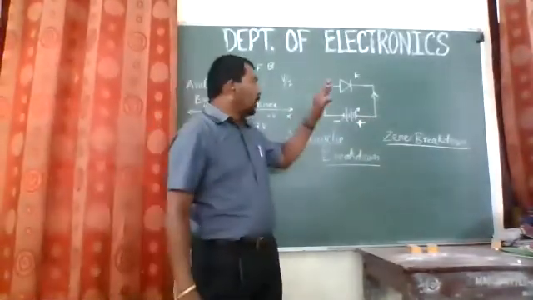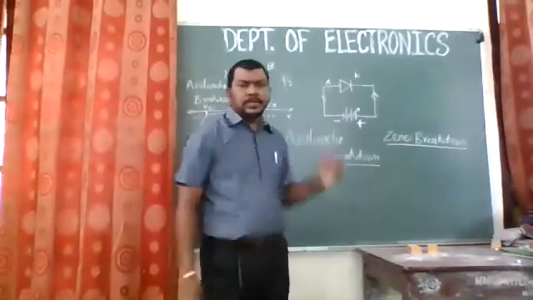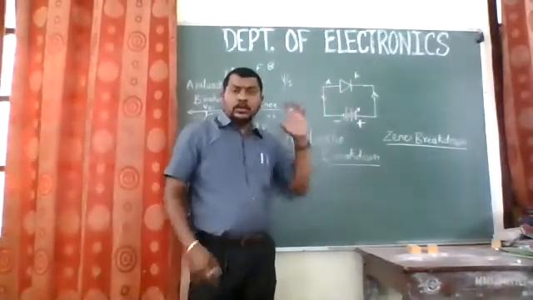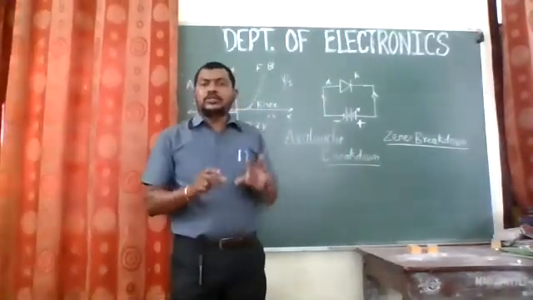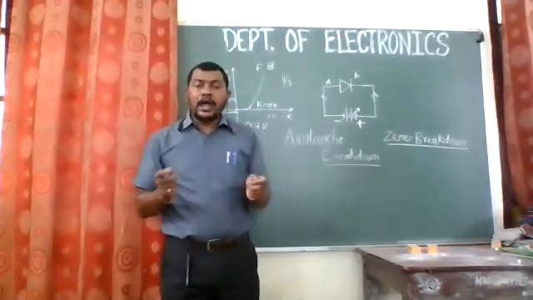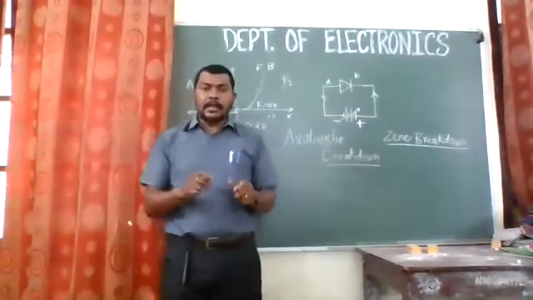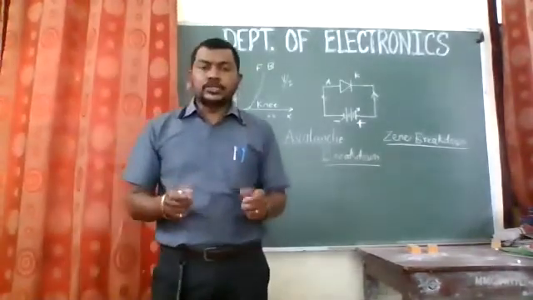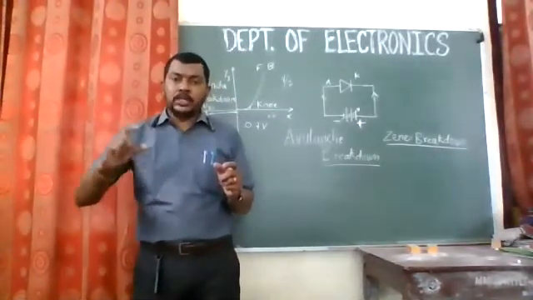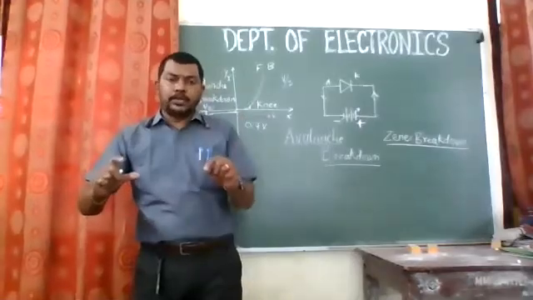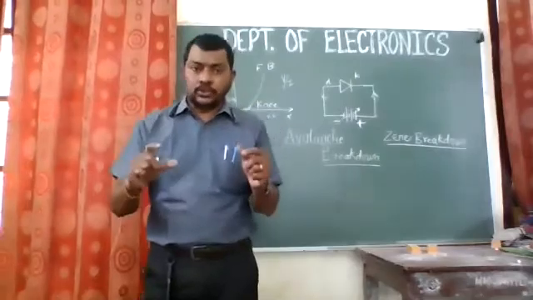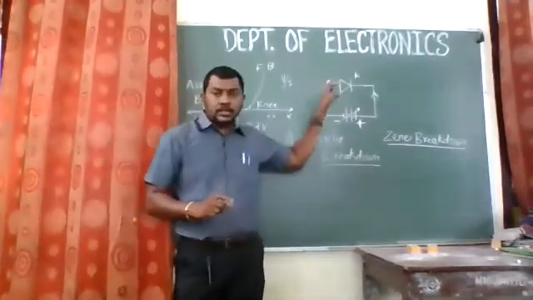Now, the basic difference between a simple PN junction diode and a Zener diode: in a simple PN junction diode, the ratio of doping is 1:10. Oh, sorry, 1:100. I have told you. We have to add the impurity in a p-type or n-type semiconductor in the ratio of 1:100, meaning 100 pure silicon atoms and one impurity atom. So the impurity is added in 1:100 ratio, right? In a simple PN junction diode.